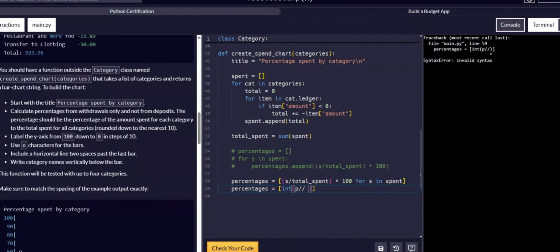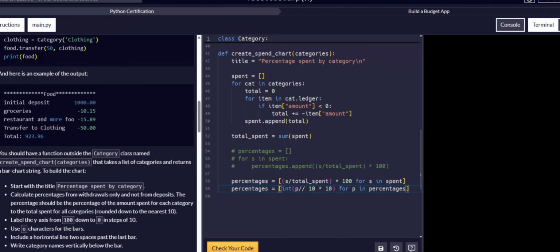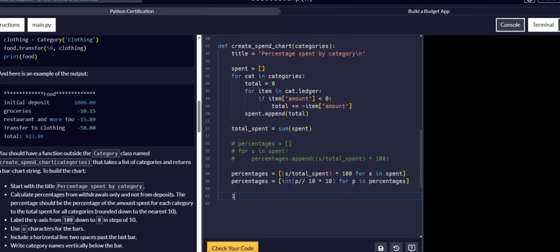Using list comprehension syntax, assign percentage to the list. We will use the int function, which turns the number into an integer without a floating dot, and the floor division, which rounds the result down to the nearest whole number. P is the variable that we define for our percentage list. What we just did here: